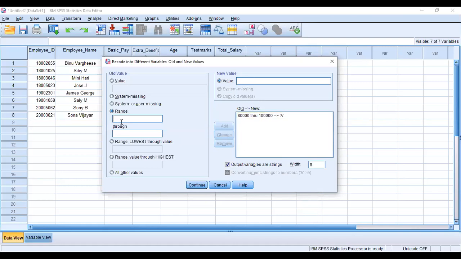Then press add. 80,000 to 1 lakh, A. Next, 60,000 to 79,999, add value B. The participants kindly mute the audio.